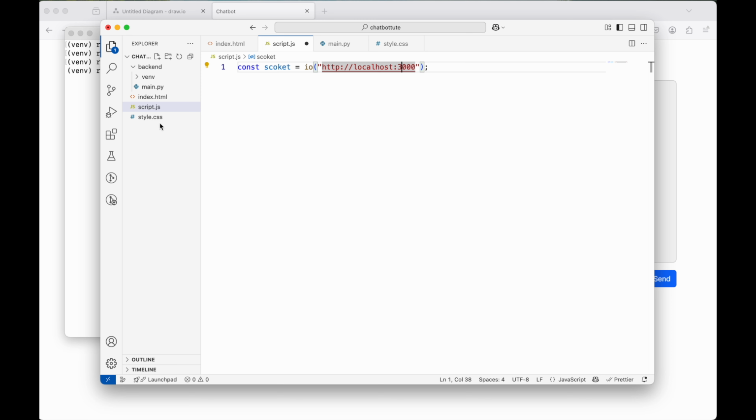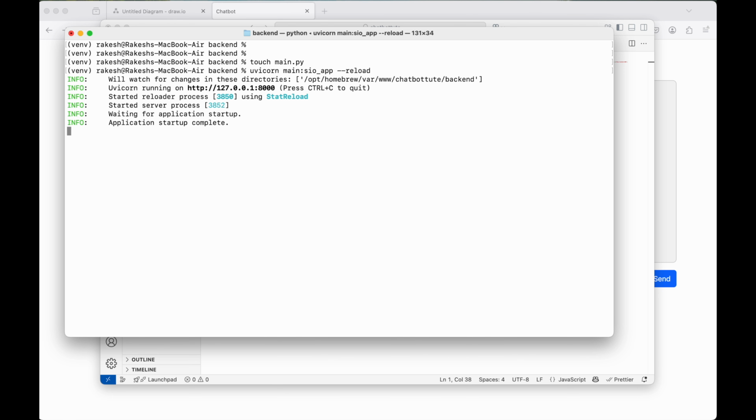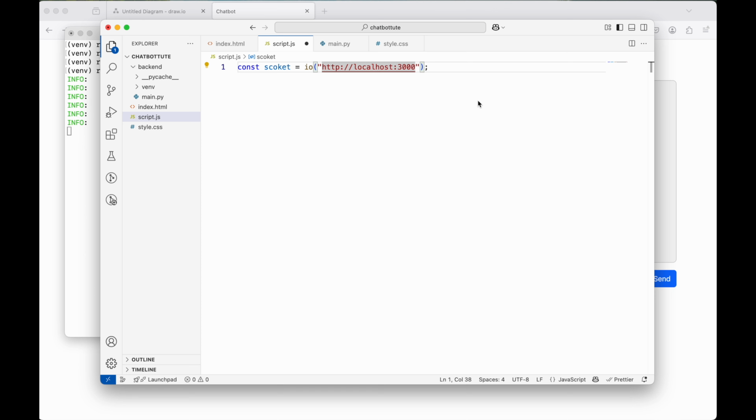Before we change the port, let's first try and run our backend code. Uvicorn is our web server, as you have already seen. Okay, so it is running on port 8000. So let's go back to our code and change it to port 8000,